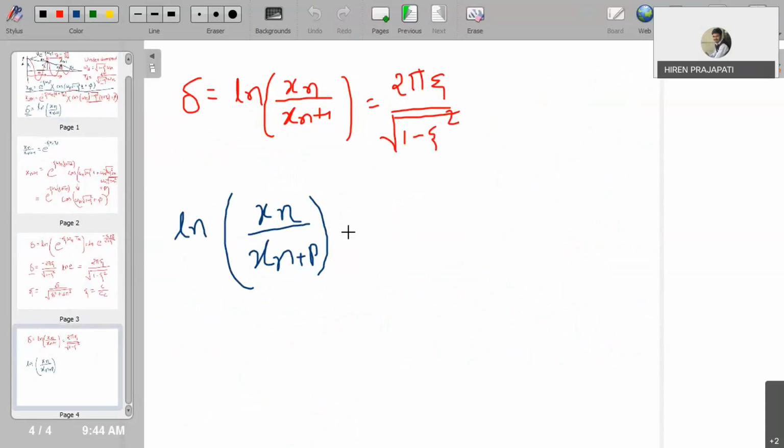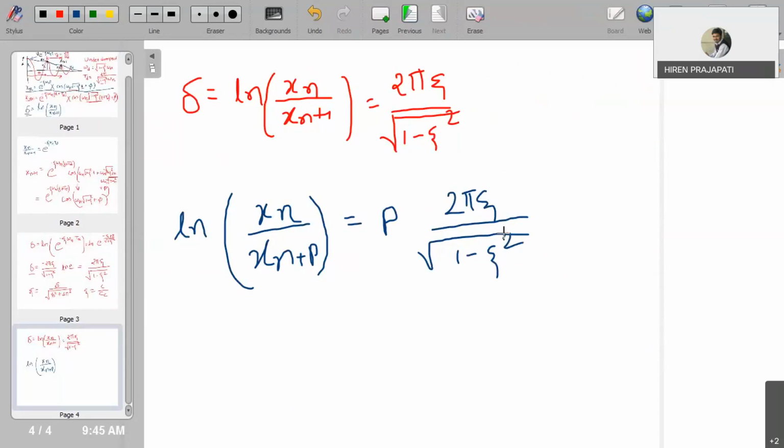If you want to find this, then what do you need to do? You need to consider 3 as the number of cycles. So here I need to multiply this with p, where p stands for the number of cycles, right? So that is 2 pi zeta by square root of 1 minus zeta square. Okay,